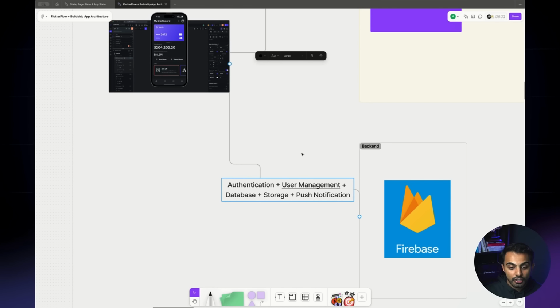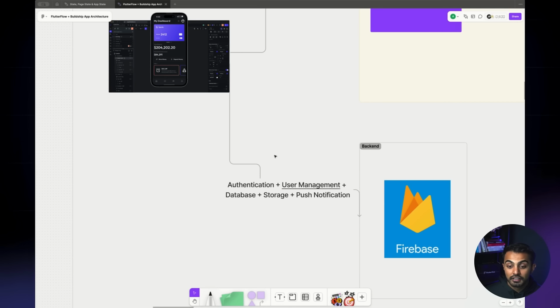Authentication we're going to cover in the session right after this, but essentially authentication is just a fancy word for your sign in and sign up system. So the system that handles emails, passwords, and people creating their own accounts. Firebase will handle all that for you. Previously, you had to code all this by hand, and it was quite a nightmare to manage session keys and tokens and all this crazy stuff. But now Firebase does all of that for you.